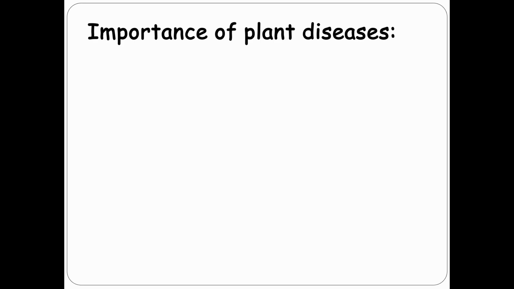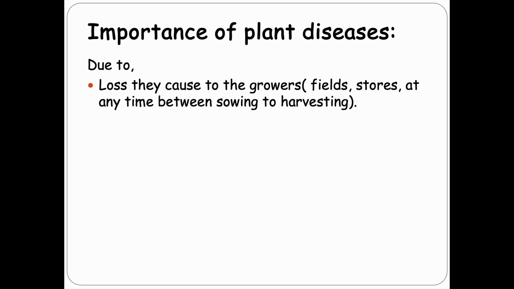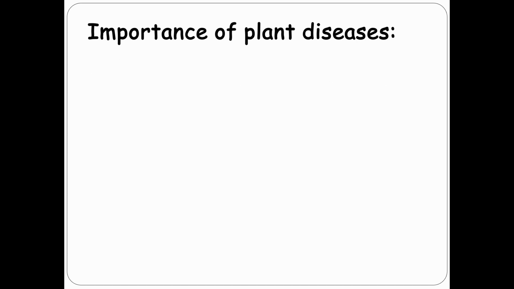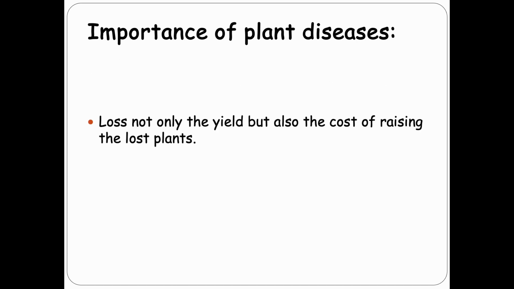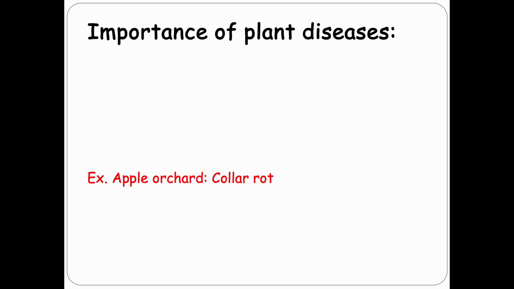The importance of plant diseases is due to the loss they cause to the growers, that is in the field, in stores, or at any time between sowing and harvesting, and the loss is not only of yield but also of the cost of raising a particular host plant. If you take the example of an apple orchard, if after 4 to 5 years of age it is infected by a disease like collar rot, then the whole plant in that orchard may die, and the